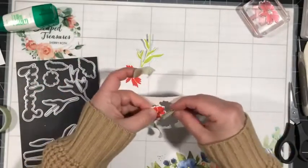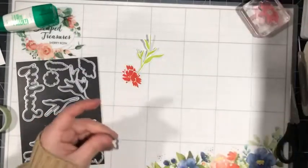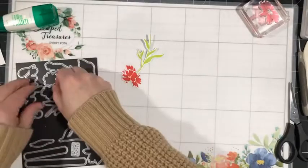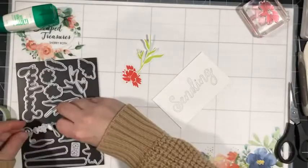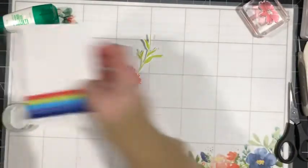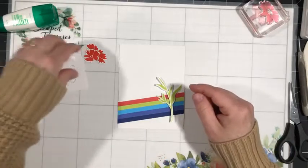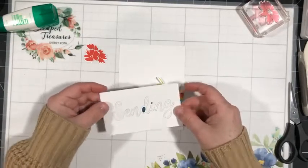Okay, and then we can start assembling our card. Oh, we got to put our sending die on here. I'll have to rearrange that afterwards. Okay, let's put that on there. Okay, we'll bring back our card here. This is going to go on there like that, and the word sending is going to go over